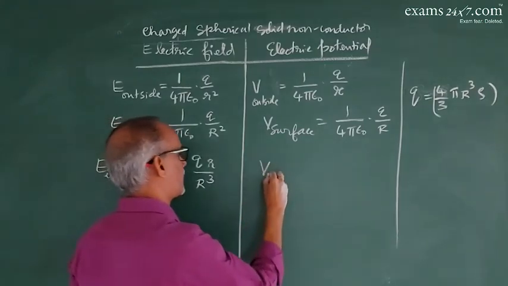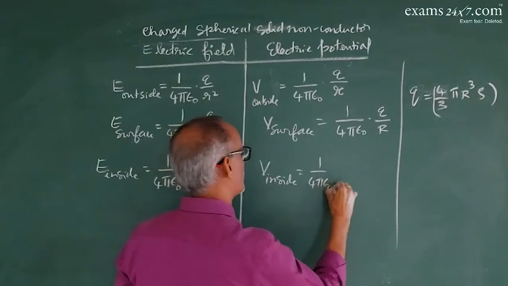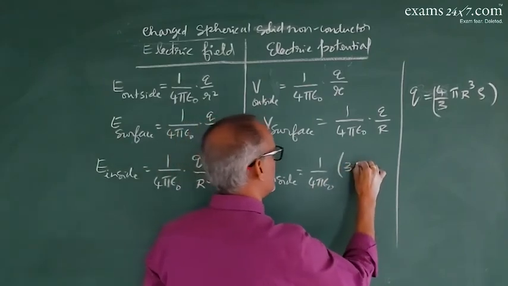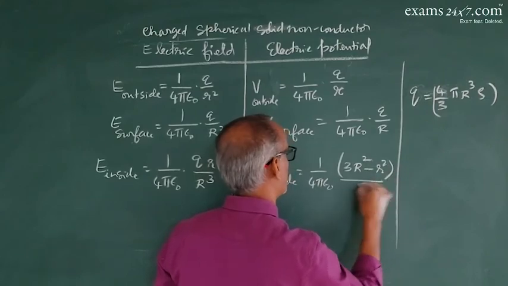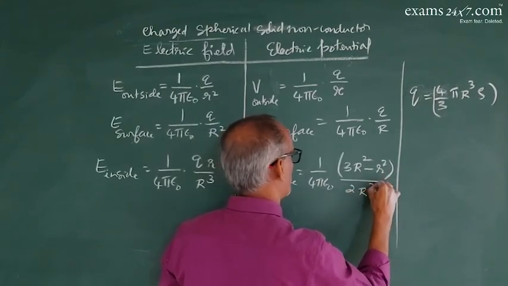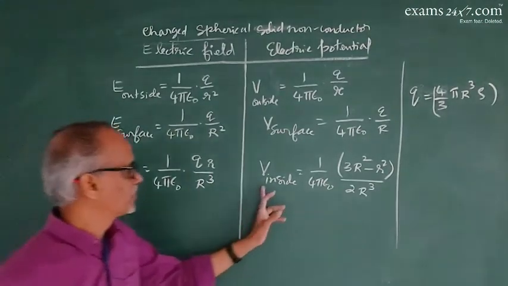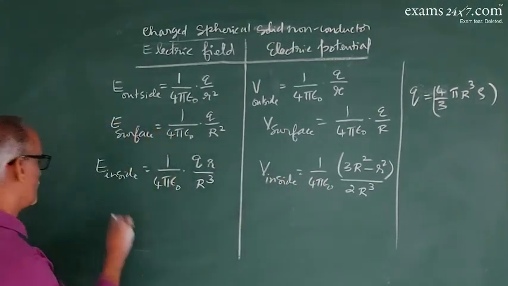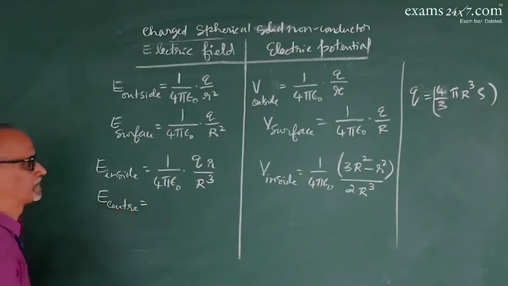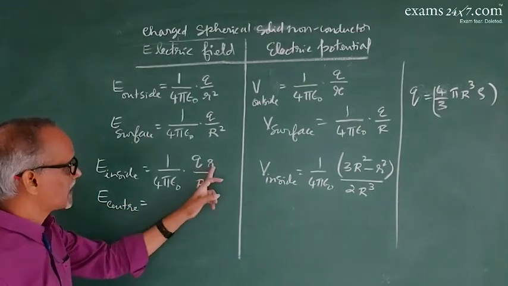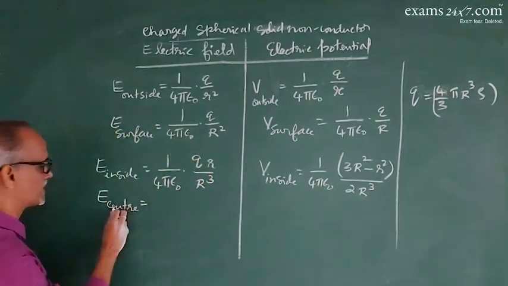Potential inside is 1 by 4 pi epsilon naught, (3R² minus r²) by 2R³. So that's the potential inside. Now what is the electric field at the center? This r is the distance of the point from the center. So therefore the electric field at the center is 0,